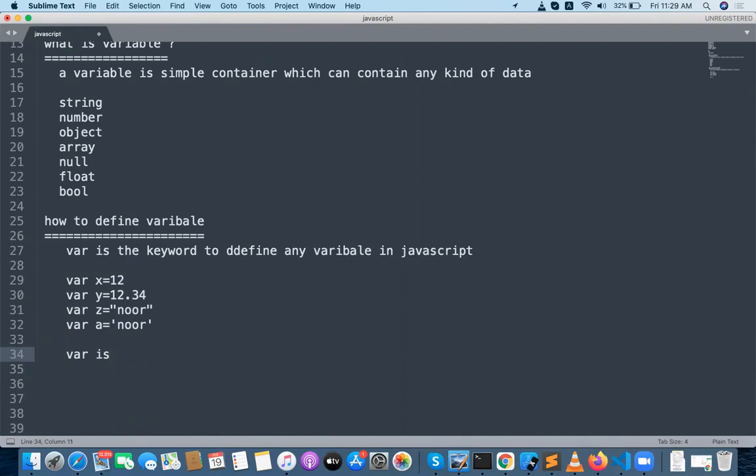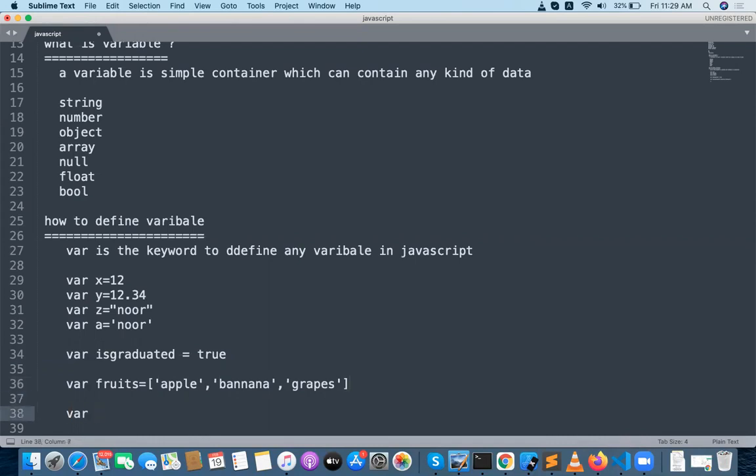Okay, var graduated equal to a boolean value, something like true or false. Yes or no, true or false is nothing but JavaScript boolean values. And var fruits, I want to give something like fruits equal to apple, banana, and grapes. So this is a simple thing called an array, and the semicolon is not required, it is optional.